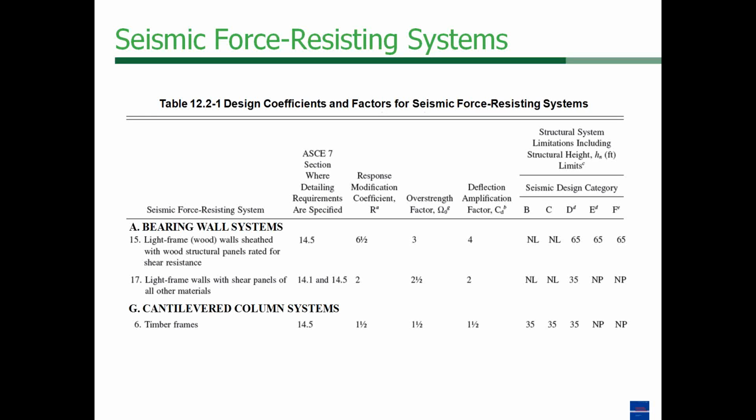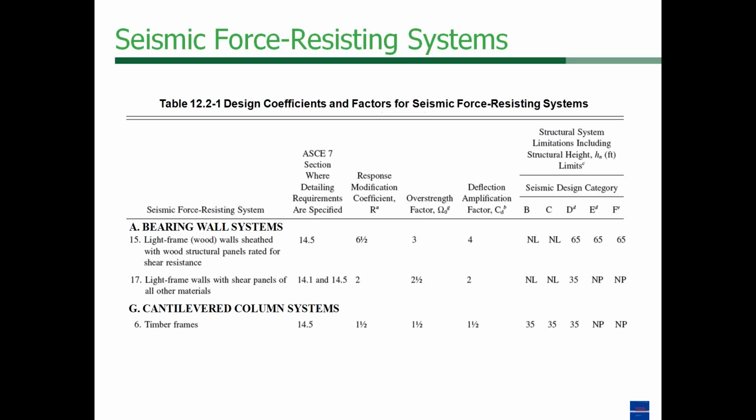So table 12.2-1 from ASCE 7 is a very important table for seismic design of wood structures. Seismic design of wood structures is almost always designed using the equivalent lateral force method, or ELF for short. And in that methodology, it's required to have defined seismic systems with associated seismic coefficients. And this slide highlights the common lateral wood systems that are available in table